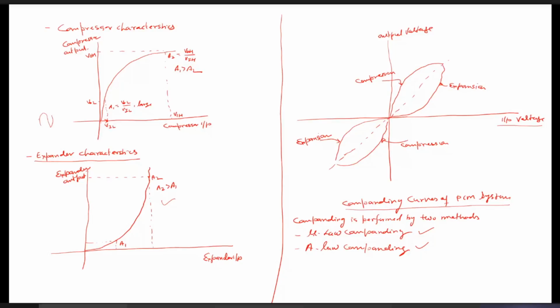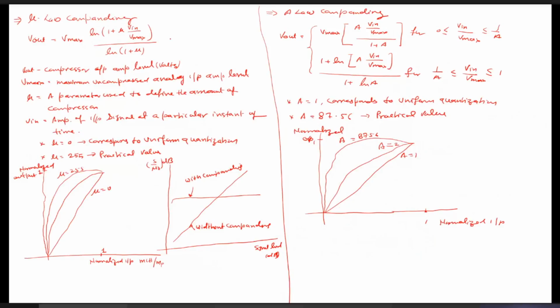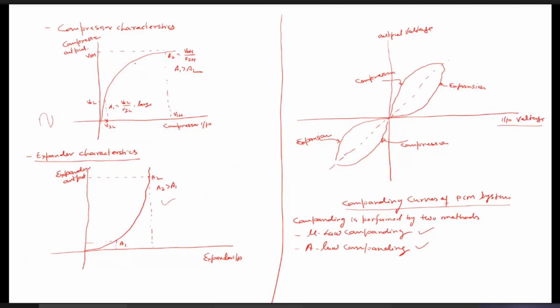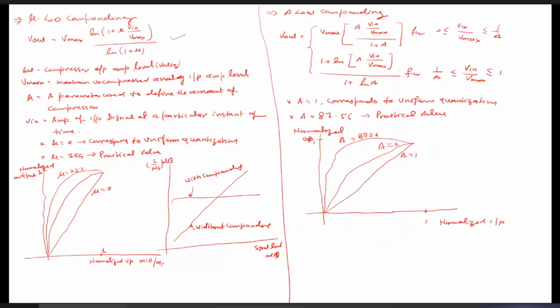Let us see what is mu law companding and what is A law companding. So mu law companding is defined by these mathematical terms. Actually, our aim is to get this curve only. So this curve should be defined by some mathematical terms, so that just by doing the programming, we can compress as per our expectations by this curve. That mathematical expression is given by V out equals